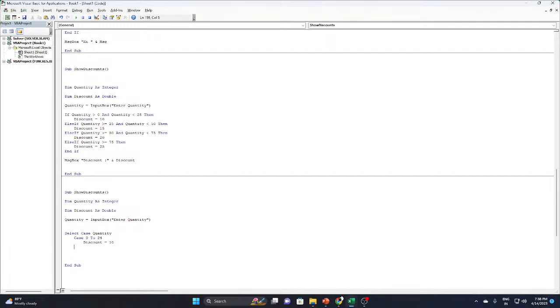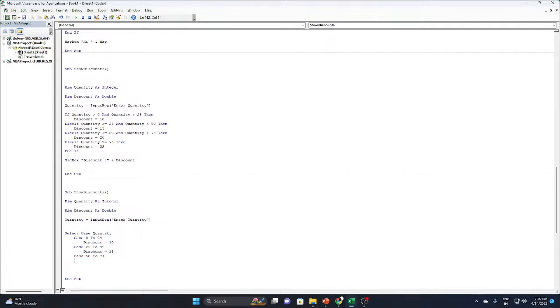If my case is 25 to 49, then I can give discount equal to, suppose, 50%. Now if my case is 50 to 74, what can I give? Okay, I know,